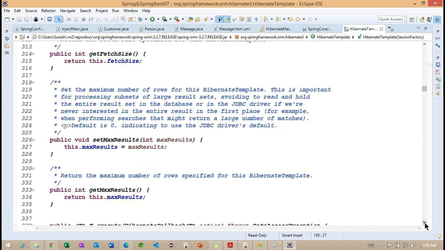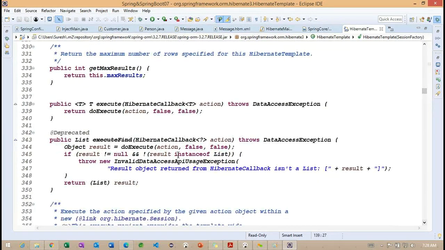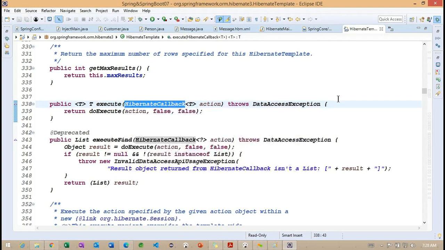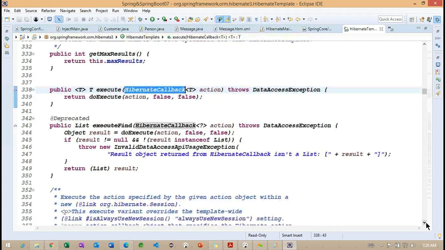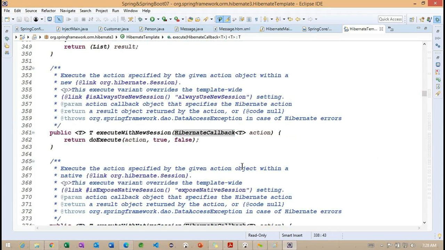Execute: we can work with this execute with a Hibernate callback. When we are working with anything transaction related, we are going to work with a Hibernate callback here. And this is deprecated. From which version is it deprecated?